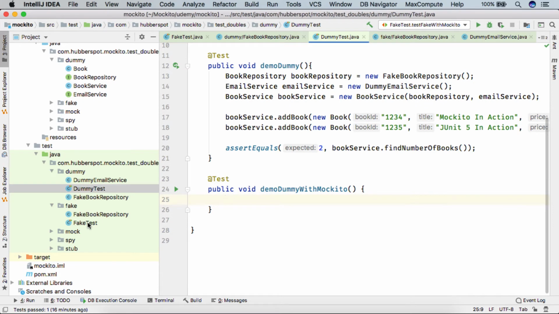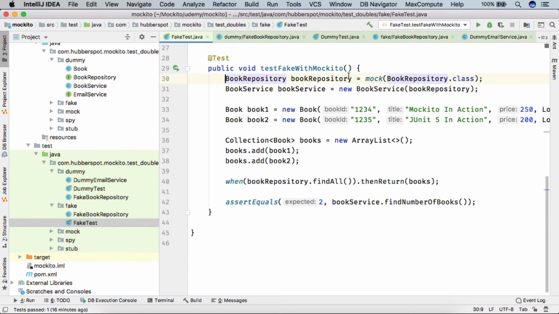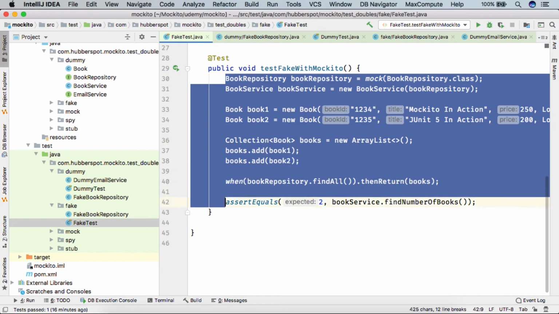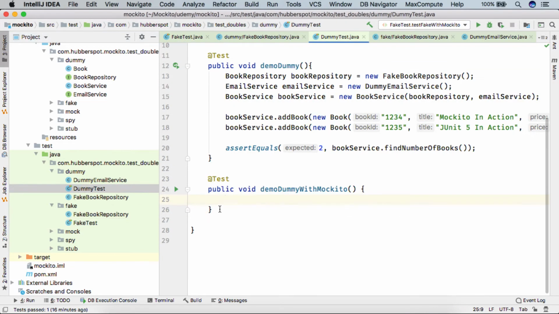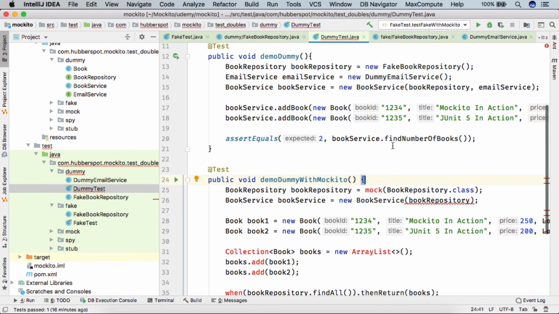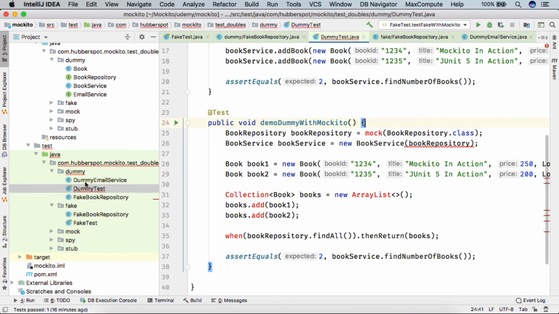So friends, in our previous lecture we used Mockito to create the fake test double for the fake book repository. So here I will be simply using this code in our demo dummy with Mockito method, because I only have to demonstrate how we can use the Mockito framework to create the dummy test double, which is nothing but creating the dummy email service.